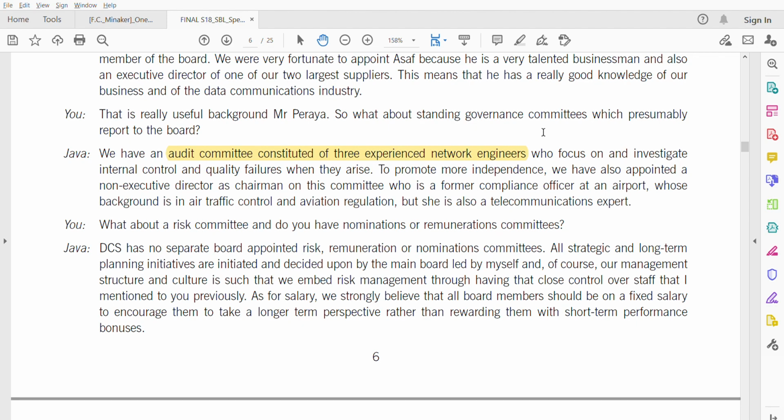Okay. So to promote more independence, we have also appointed a non-executive director as chairman on this committee, who is a former compliance officer at an airport, whose background is in air traffic control and aviation regulation, but she's also a telecommunication expert. What about risk committee? And do you have any nomination or remuneration committee? We haven't